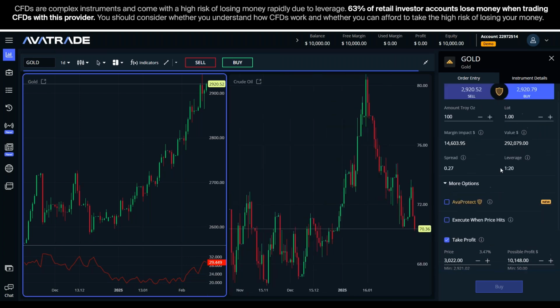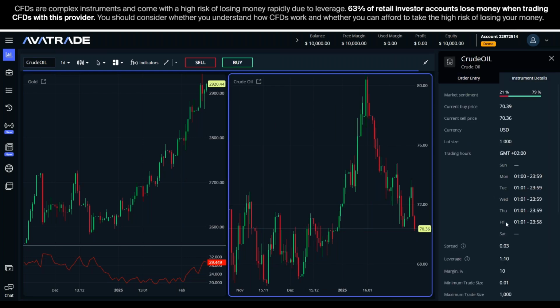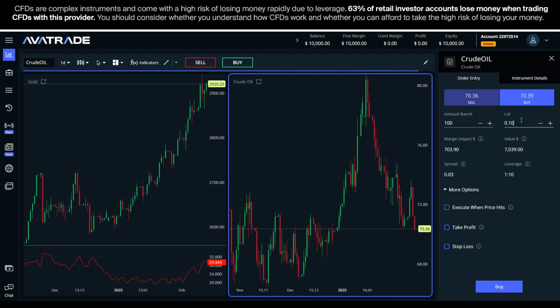In a lot size of 1,000, let's say with oil as an example, and one lot equals 1,000. Okay, again, instrument details, the lot size 1,000, great. That means that 0.01 is automatically 10, not 1, right? So the value displayed in here, we can still divide it by leverage, okay? But it will be automatically multiplied by 10, okay? Whatever value I have here, you see I have a value of 70, but because the lot size is 1,000 and 1% of 1,000 is 10, this value is automatically multiplied by 10,